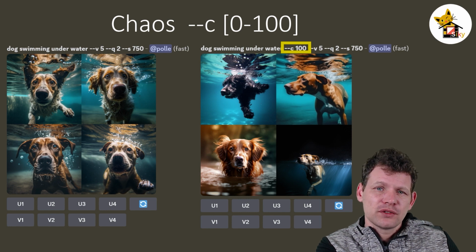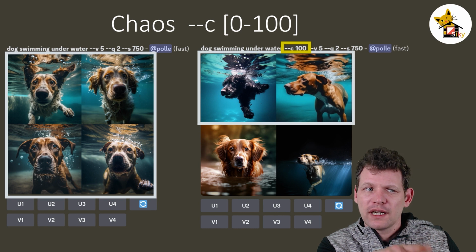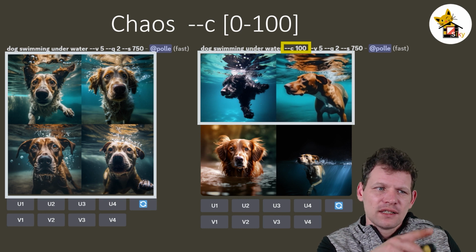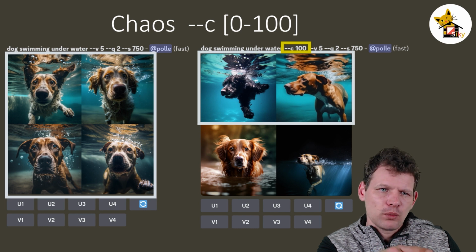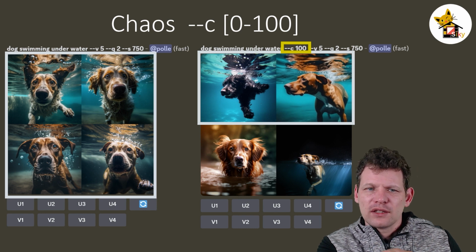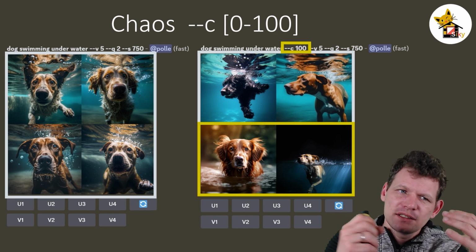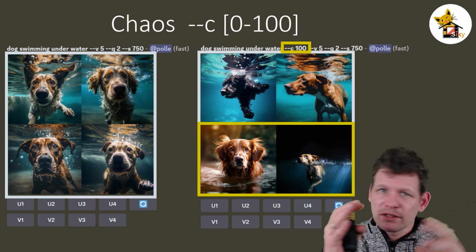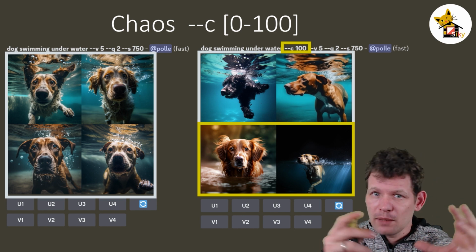There's more variation. So you see here that before, when I said dog swimming underwater without chaos, I got 4 dogs, 3 of them at least underwater. The 4th one I think is underwater too. And when I added chaos, I got 2 dogs, maybe 1 that's underwater, and 2 dogs that are not underwater. So when we add chaos, we create more randomness. So that's how I created the image in the beginning of the video of the dog that's like above and